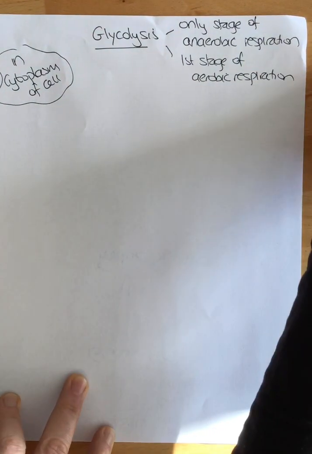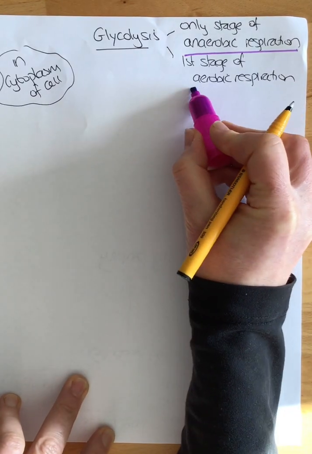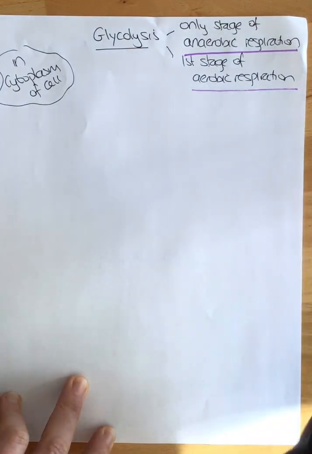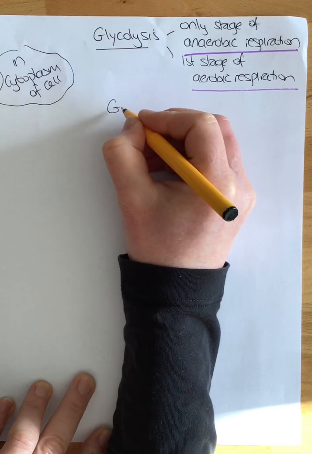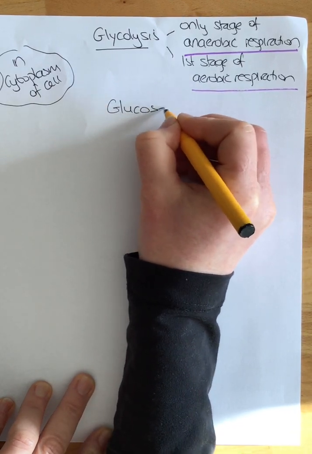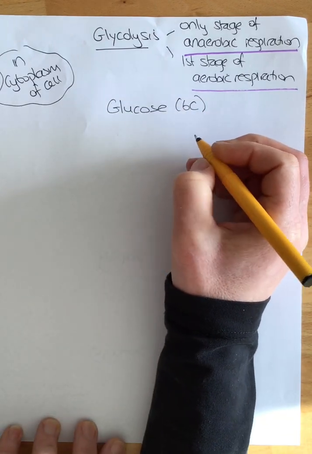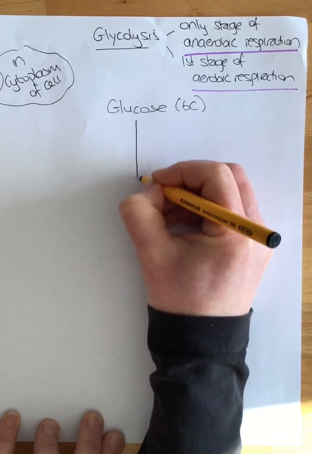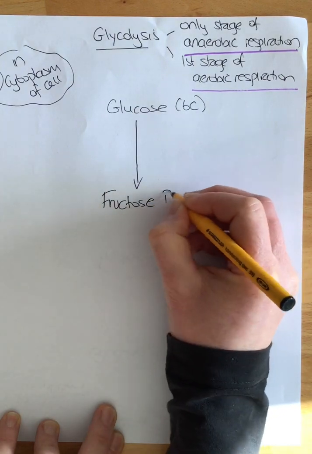Glycolysis. Glycolysis is the only stage of anaerobic respiration and the first stage of aerobic respiration. And it takes place in the cytoplasm of the cell. So glycolysis begins with a 6-carbon compound, glucose, and the glucose is converted to fructose bisphosphate, which is another 6-carbon